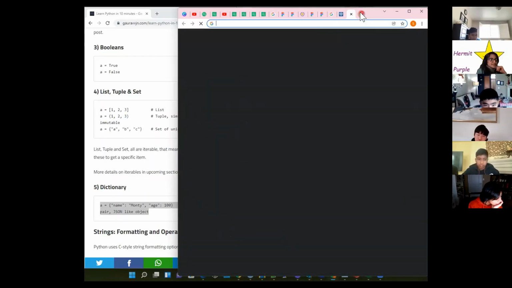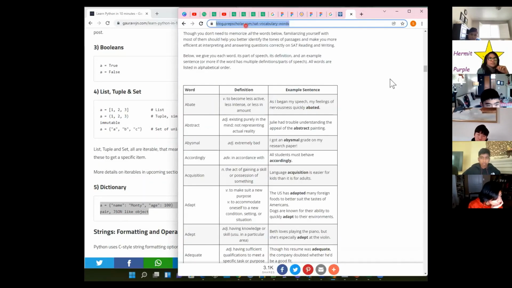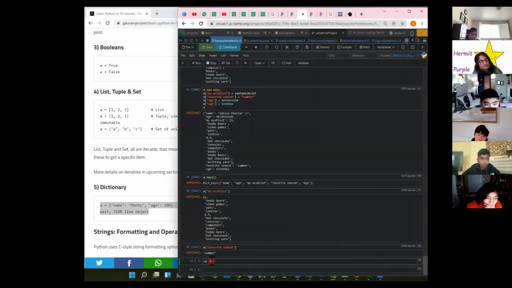You guys all have to take the SATs, right? Because I want you guys to choose 5 or 6 words. This will be helpful for all of you. And if you can all make a dictionary, so what we can call it... Any questions on this so far, though? So we can call it an SAT words